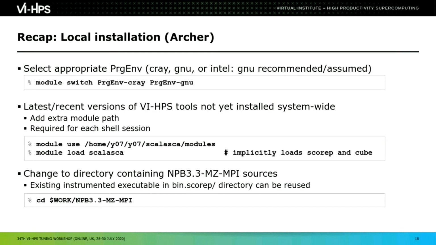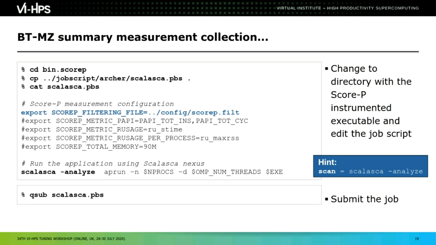So you've already seen and are hopefully familiar with the execution configuration on Archer. We're using the Scalasca module, which loads Score-P and Cube, and we're using the BT-MZ example, which we saw earlier, and which has already been prepared for our measurement. We already have it instrumented. We already have an executable in the directory ready to run. We already saw how we can do a measurement and some filtering and scoring of that measurement with